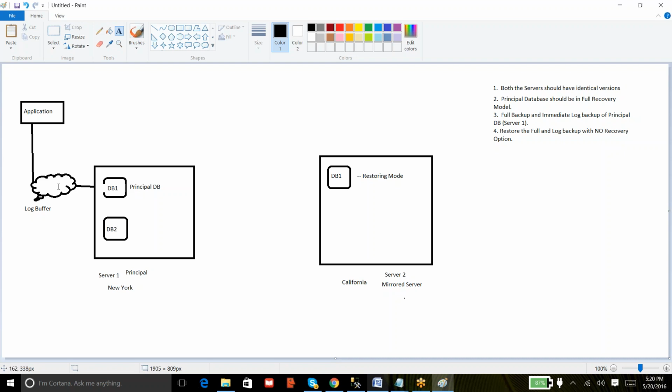So in mirroring, what happens is, let's say a user is trying to insert 100 rows on a table in this database. Those 100 rows of information will first be logged in the log buffer. Once the log buffer has that information, as we have set up database mirroring, what happens is this log buffer